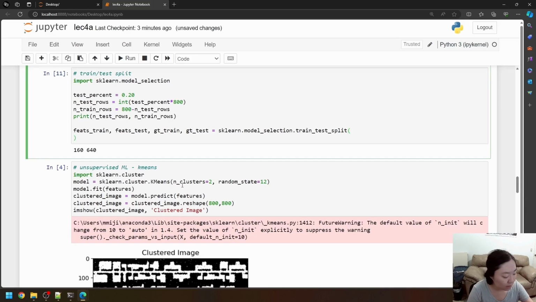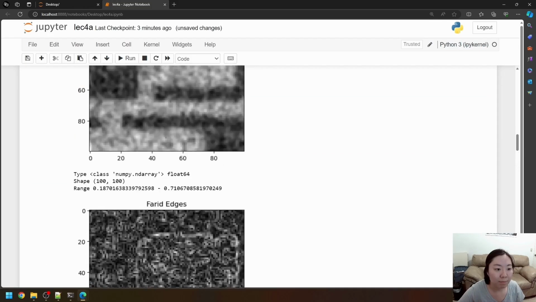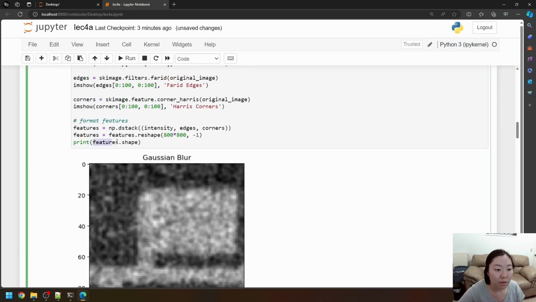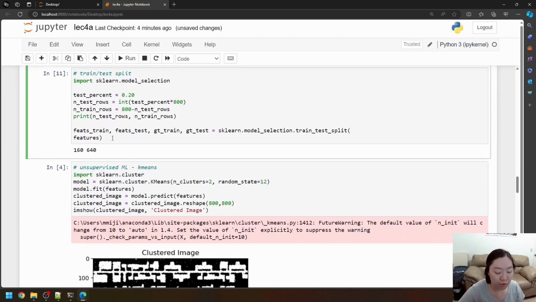It's long. Features, because this is what we named our features from last time. So features, ground truth dot flatten,